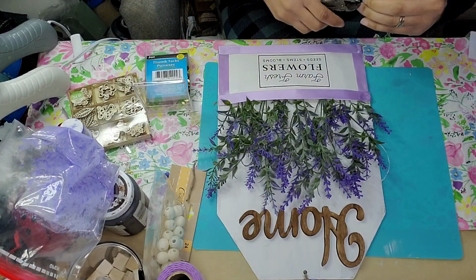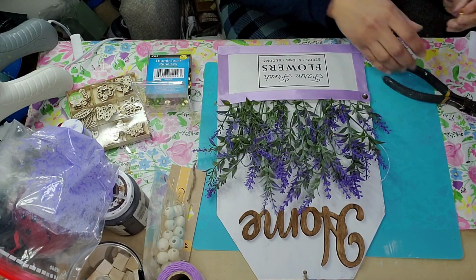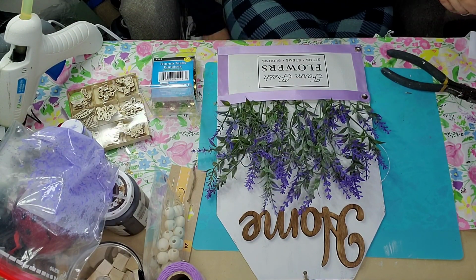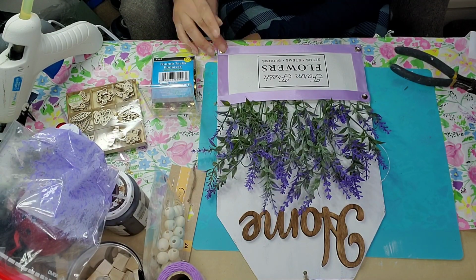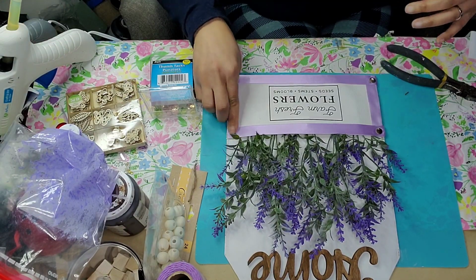I'm going to be taking some of these thumbtacks from the Dollartree in the color gold. I cut off the little tack part, the little pointy part, and then I added a little bit of hot glue to the tack bottom, and I tacked it onto the ribbon. I started with doing the first 4 corners. Once I was done with that, it was just a lot easier to space out the other pieces